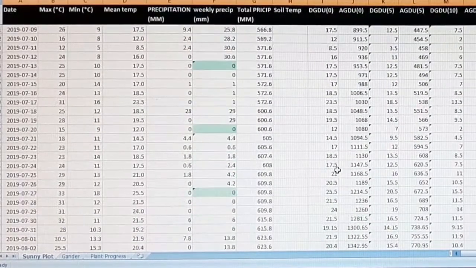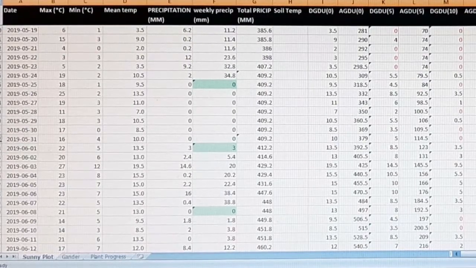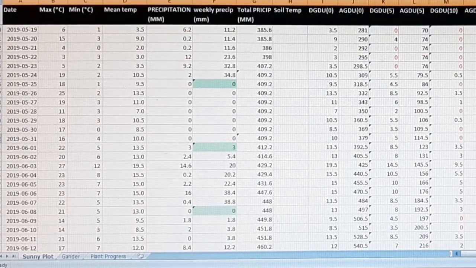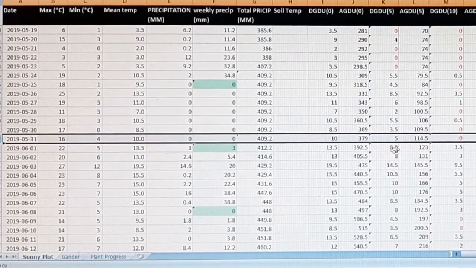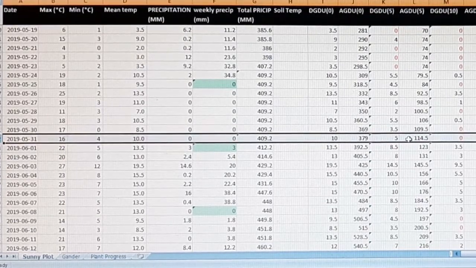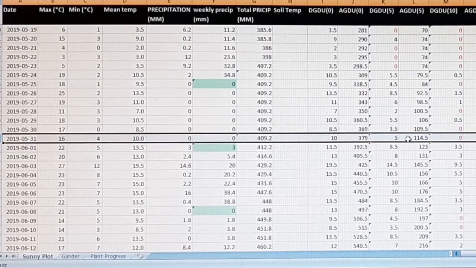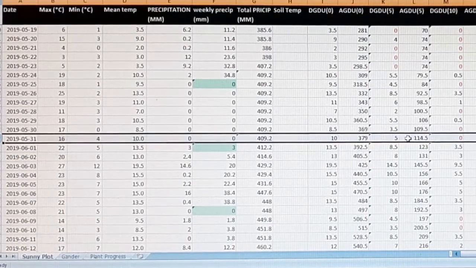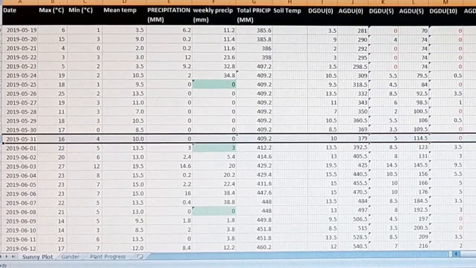If I were to go back up to my last frost date, which would be May the 31st, I've already recorded 114. So between the frost dates, we're getting 1250. That's what I got last year. So I can go off of that,